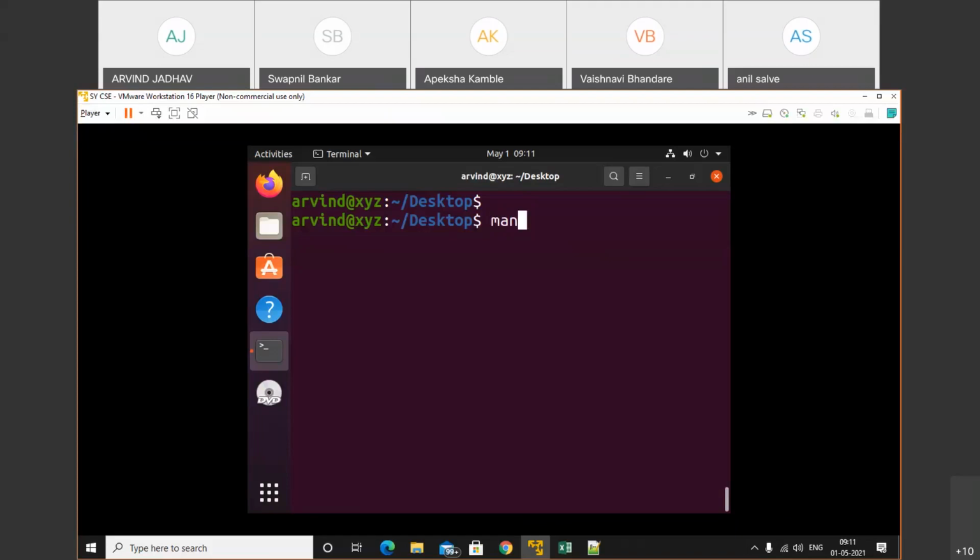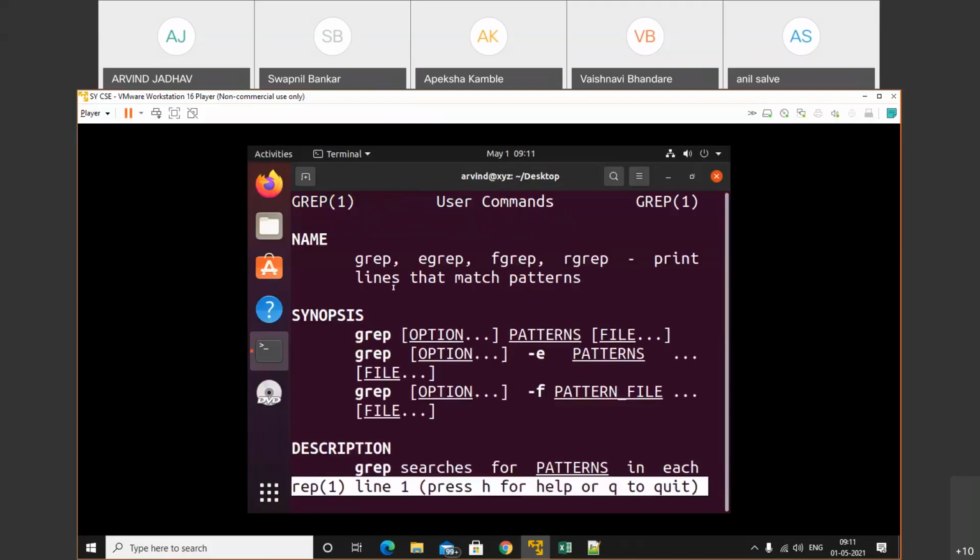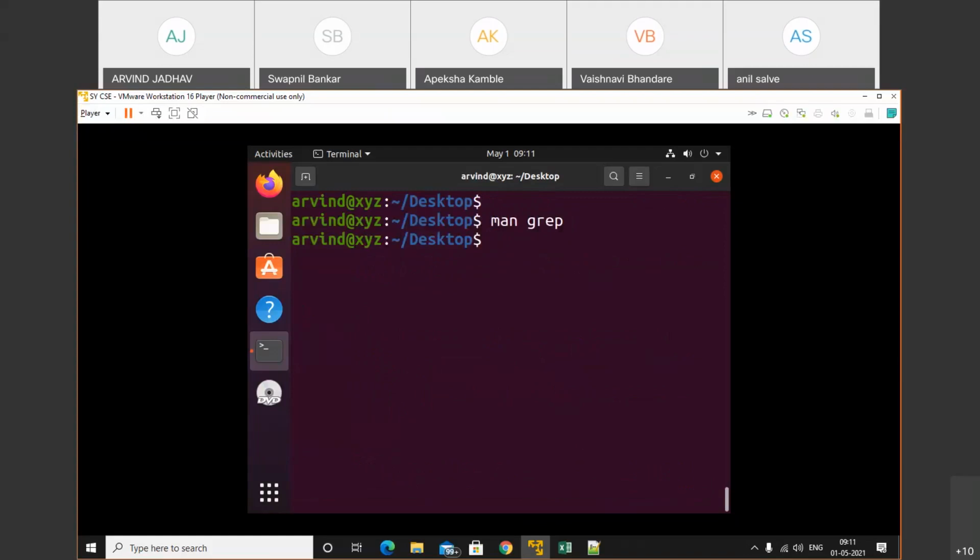Any other queries? See, by using the man command, we'll check out why we use the grep command. Grep, egrep, fgrep, rgrep print lines that match a pattern. It is used to find out the matching patterns. Okay, so that means simply we are able to find out the file content by using this grep command, and it's quite easy compared to others. Okay, we learned about the locate command also, but the locate command is used to find out the file name and directory name only. The grep command is used to find the content of a file. मतलब क्या होता है, उस फाइल के अंदर जाके find करता है. So that's why we use the grep command.